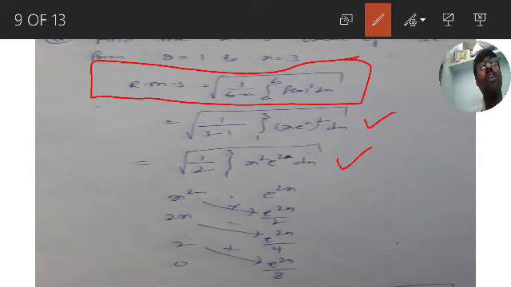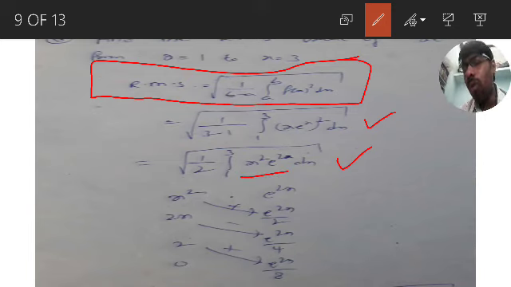So after squaring, what will we get? Square root of 1 by 3 minus 1 is 2 integration 1 to 3 x square into e power of 2x dx. So integration of x square into e power of 2x. You have to be able to get what method you have to follow here. We are getting x square into e power of 2x. One is algebraic and the second is exponential, and as it is a product of two functions and one of them is algebraic, you have to follow the Bernoulli rule. Are you getting Bernoulli rule? You have to remember, the very first chapter we covered Bernoulli rule and many times it is repeated also.